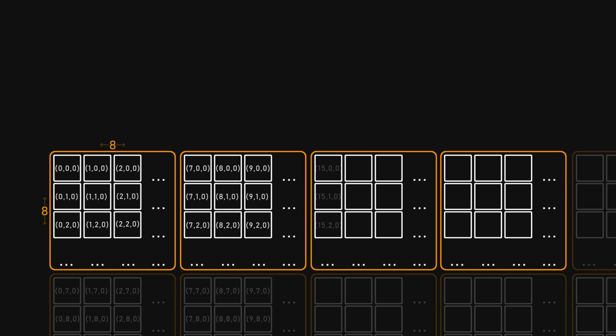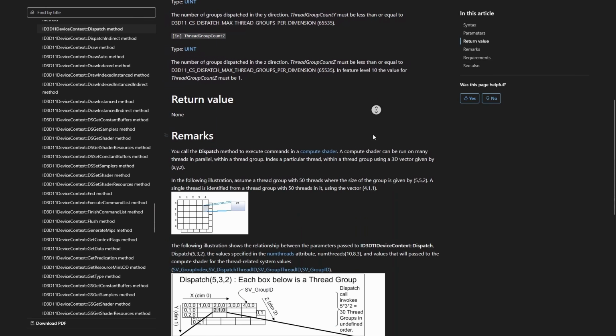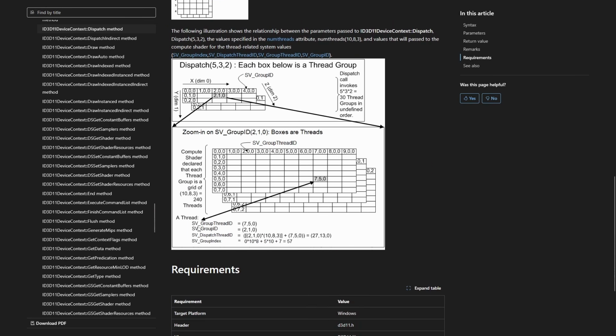Now, there's one more 3D ID you should be aware of, and it's probably the most useful one. Dispatch thread ID. This represents the thread's overall XYZ ID across the entire dispatch. It's extremely handy, for example, when using it directly as a pixel coordinate to access a 2D texture. All of these values are integers or int3s that you can access inside any compute shader. You can simply pick the ones you're interested in. In practice, dispatch thread ID is the one you'll use most often,